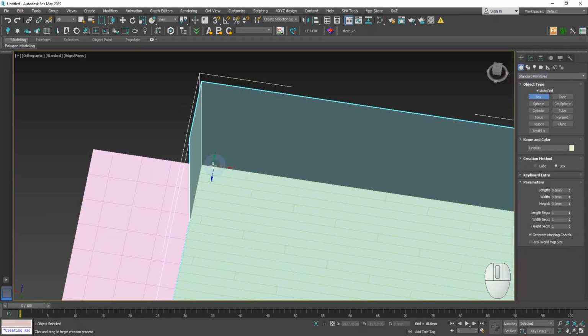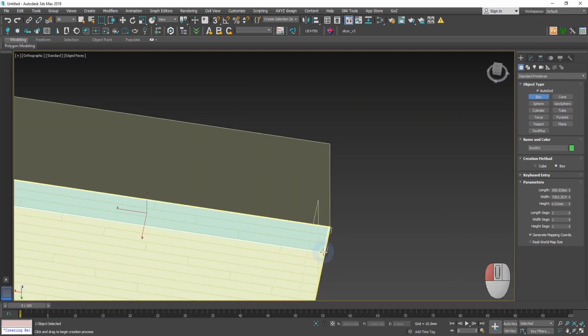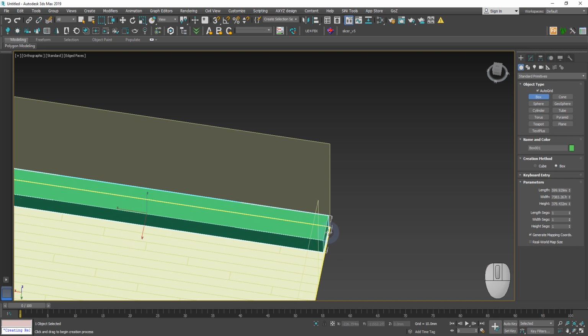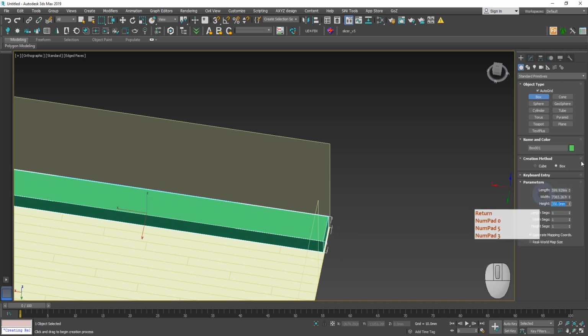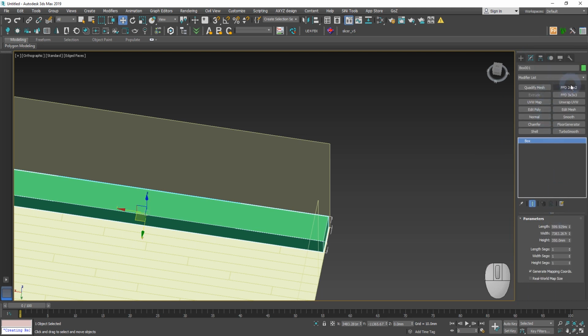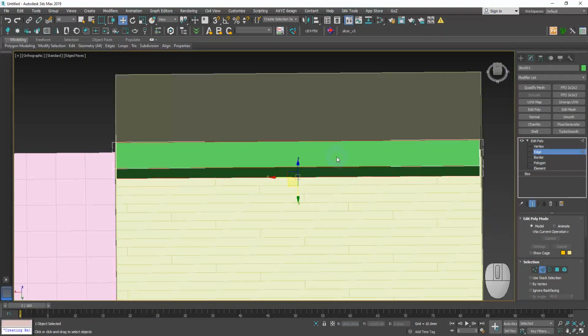Let's start. We create a TV commode, but check the auto grid first. The length of our TV commode is about 600 and height is 350. Apply Edit Poly. Select the edges and create 5 edges.